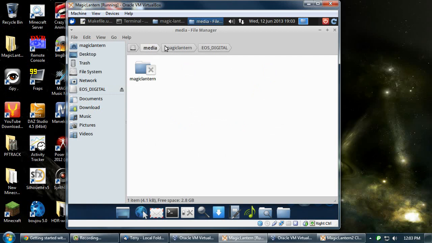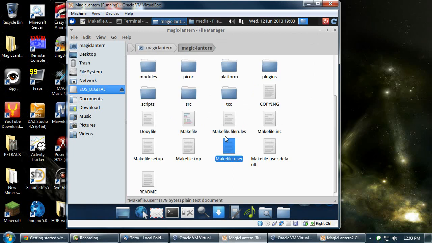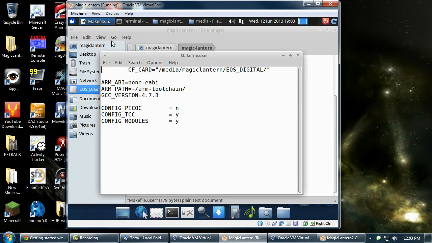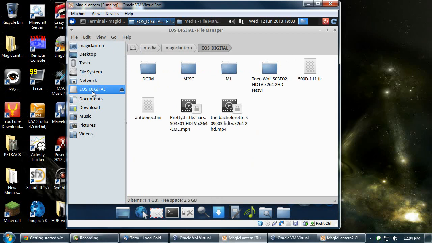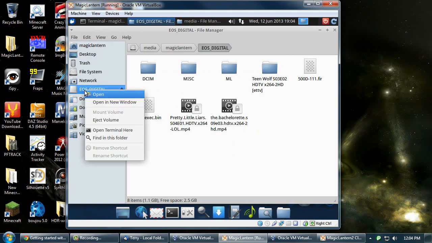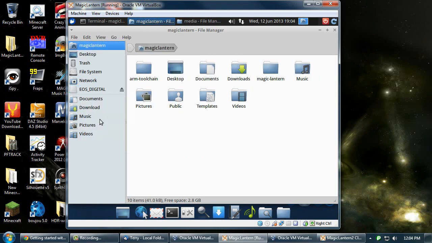Okay, so media. I'm just trying to figure out if we need this open anymore now. I want to close it. Okay, so let's close this now because we don't need that. As long as you did this, and sometimes this doesn't get mounted correctly, I've noticed for some reason it doesn't get mounted correctly. So if you have to, I'm just going to go ahead and right click on that. If it doesn't get mounted correctly,